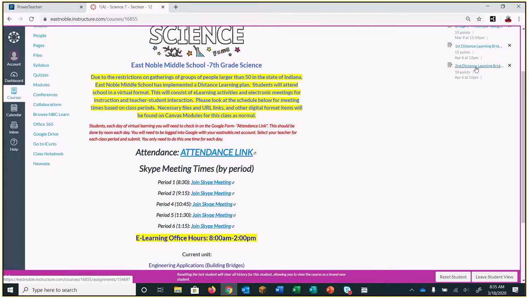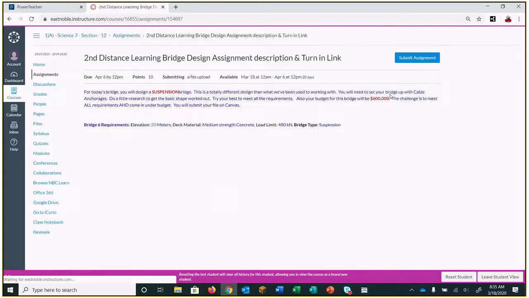It's in my to-do list here, second distance learning bridge design. And what we're going to do today is design a suspension bridge. This is different than everything we've done before because a suspension bridge is not a truss bridge. It focuses on using tension instead of compression and tension forces working together. A suspension bridge literally pretty much is all tension based because everything's being pulled by gravity and by the load that